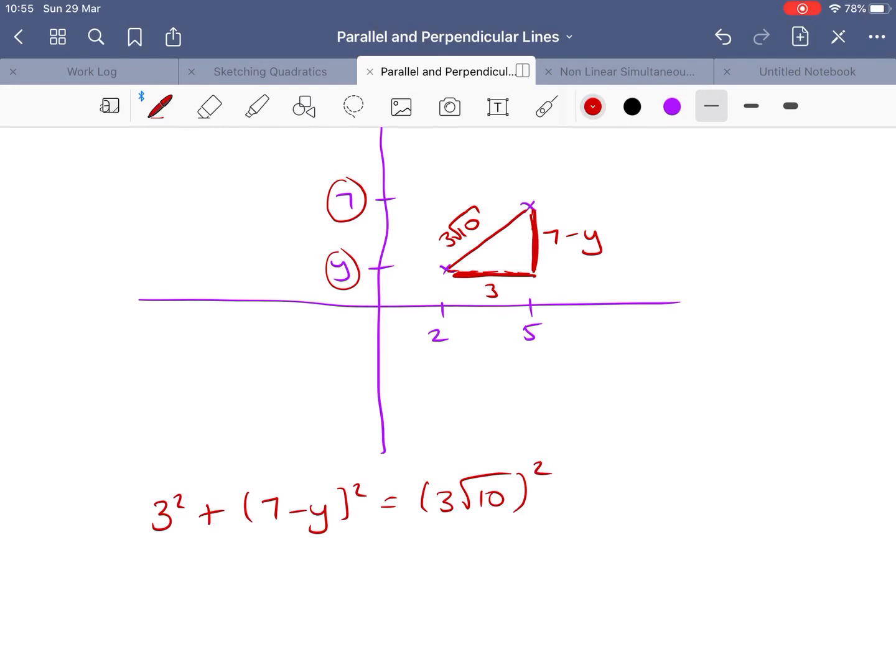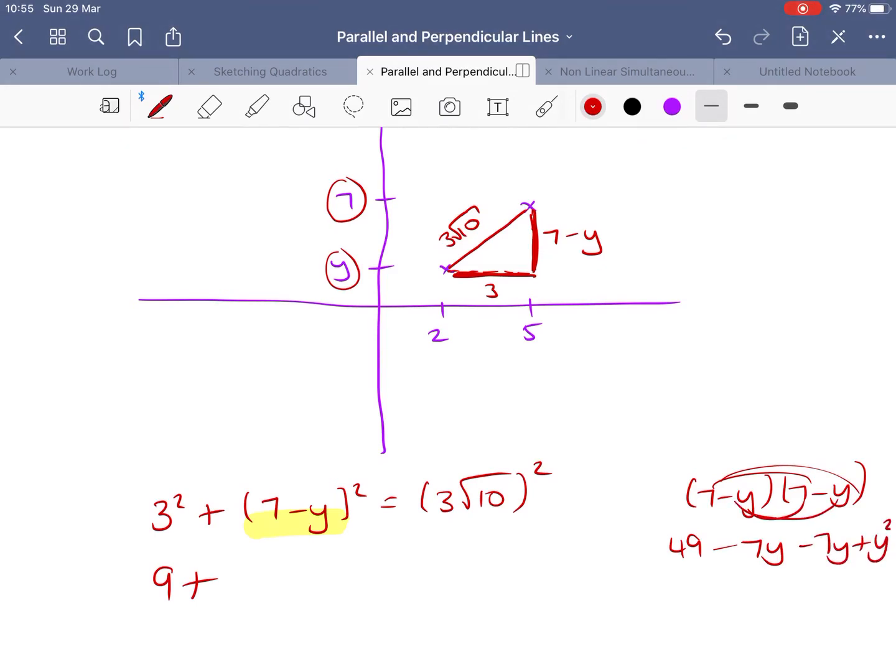Let's solve this. We've just got an equation now. The only unknown we've got in here is y. 3 squared is 9. Now just be careful. Don't make the classic mistake with this, okay? Remember, a bracket squared means a bracket times itself. So you've got to do 49 minus 7y minus 7y, and then minus times a minus makes a plus y squared. So we've got 49 minus 14y plus y squared equals